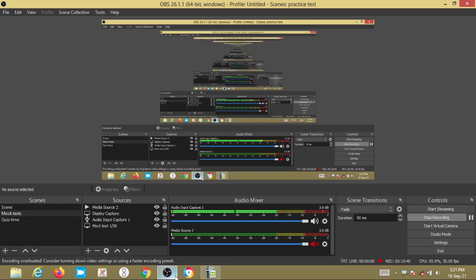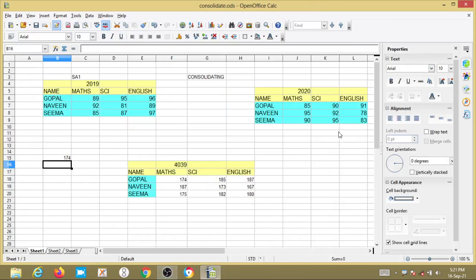Yes, it is recording. Clear? Again, Seema in English, in SA1 the obtained marks are 97, plus 83, enter, 180. This is the consolidation of data.